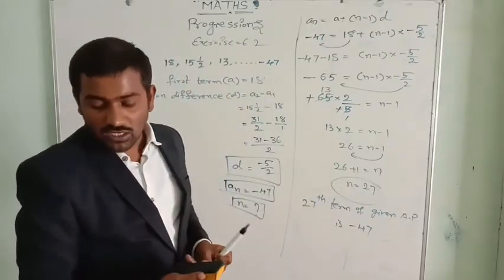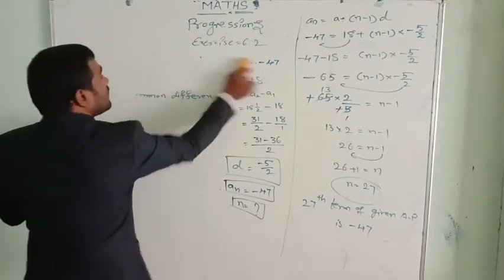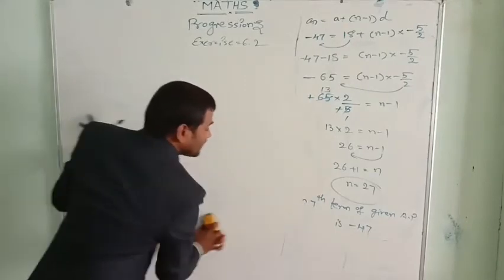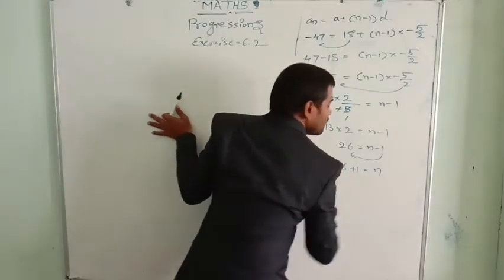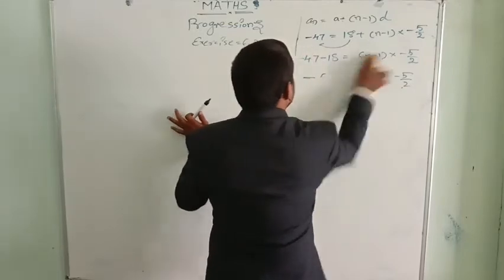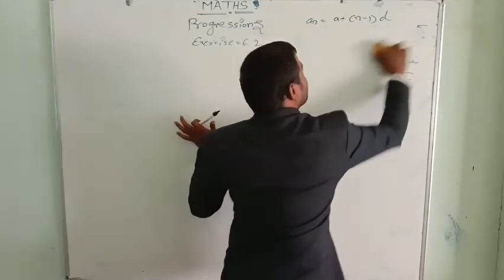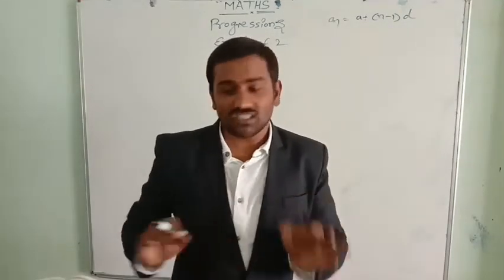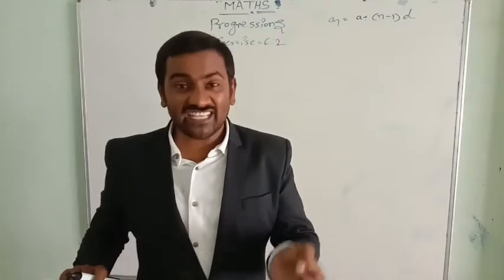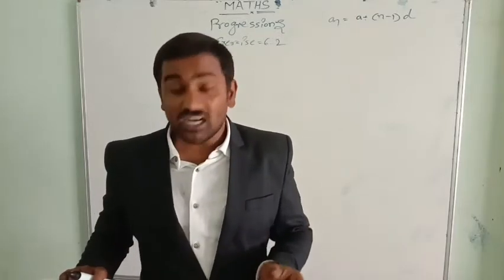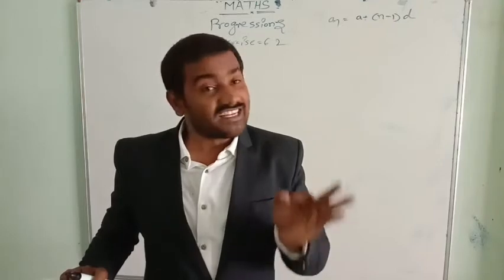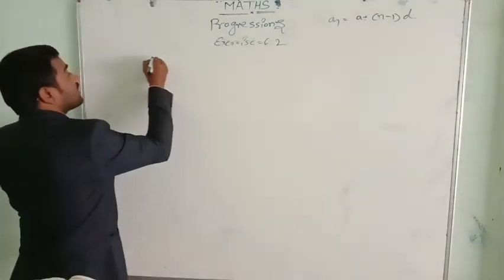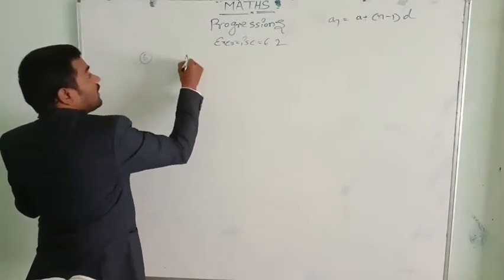There are many questions again. Let us solve that. Based on the same concept, they twisted the questions, they asked in a different way to confuse you. But if you know how to solve it in a diplomatic way, we can solve all of this. The 6th question now. The 6th question is, check whether minus 150 is a term of the AP 11, 8, 5, 2. Let us see the given arithmetical progression here.